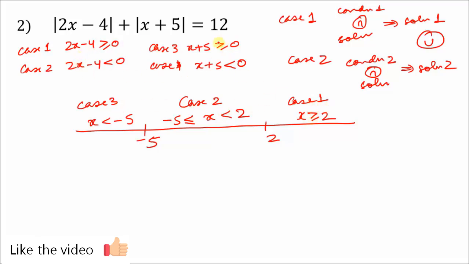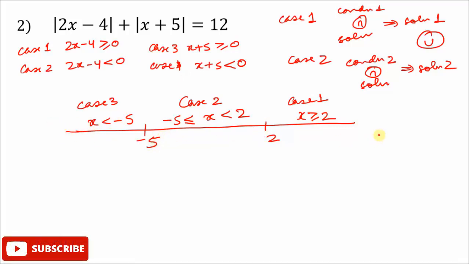So instead of making 4 cases, we have 3 cases now obtained on plotting these critical points on the number line. And don't worry about this equal to sign, whether to take it in case 1 or in case 2. You can take it anywhere, but you have to include it somewhere. You can write x is less than or equal to 2 here and x is greater than 2 here. Don't worry about it. But you have to include it somewhere so that you cover all the points.